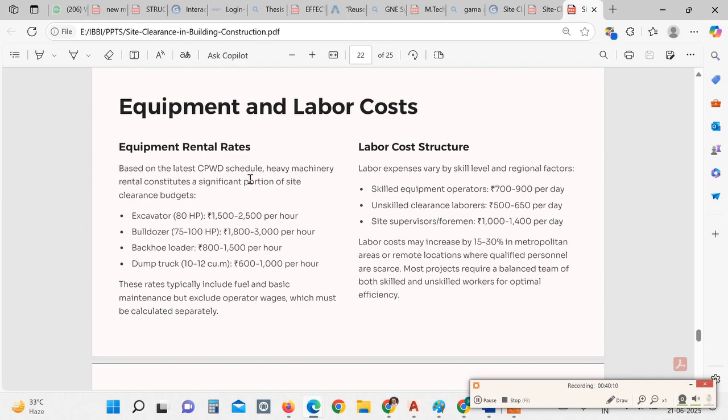per hour. For a bulldozer having capacity between 75 to 100 horsepower, the rate varies from rupees 1800 to rupees 3000 per hour. Backhoe loader, the rate varies from rupees 800 to rupees 1500 per hour. And the dump truck having a capacity of 10 to 12 cubic meter, the rate varies from 600 to rupees 1000 per hour. So these rates typically include fuel and basic maintenance but exclude operator wages, which must be calculated